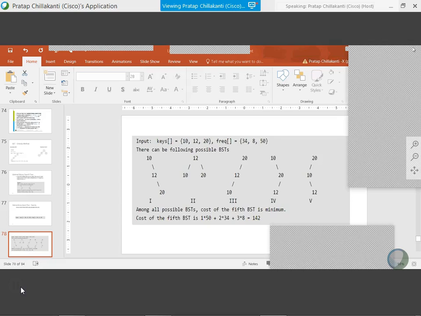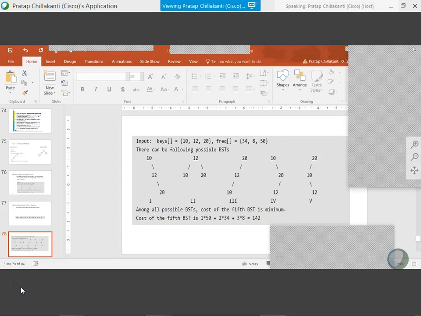Now, what is the rationale for placing the highest frequency item at the root? What is the justification for that? Can somebody answer that? Why do you think that highest frequency item should be at the root? Thank you, DMS.